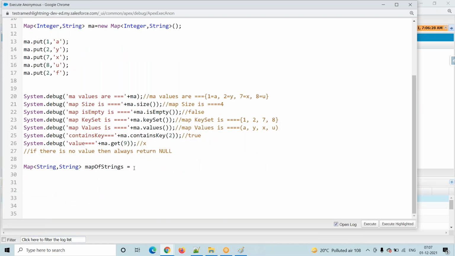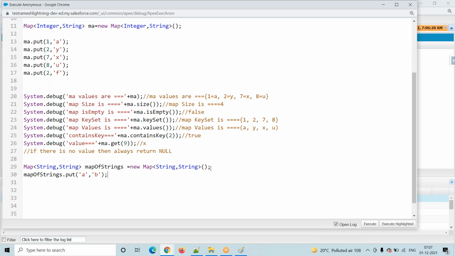Now I am trying to create one more map, with string and string. Suppose we want to add the elements, how are we going to add them? Map of strings dot put of string a, this is the key, and the next one is the associated value.